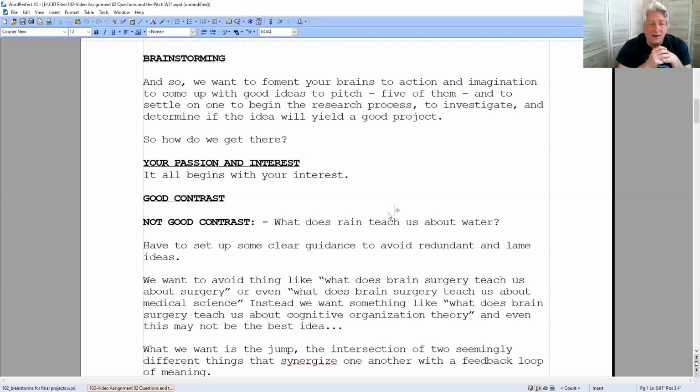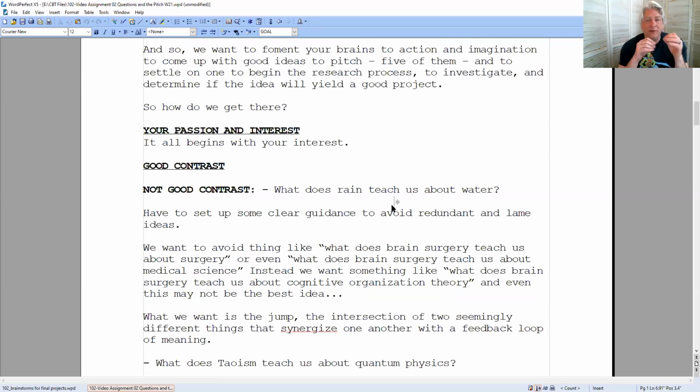But usually I don't veto ideas out of hand, unless I have a really strong reason. Instead, I'll just say, in the form you have it, you can't really start, but we could transform that. And I'm going to talk about that here in a minute. But I'm hoping that you're interested in enough things that you can generate enough ideas that you're willing to pursue with hard work and interest and lots of time, because this class takes lots of time and devotion to what we're going to do.